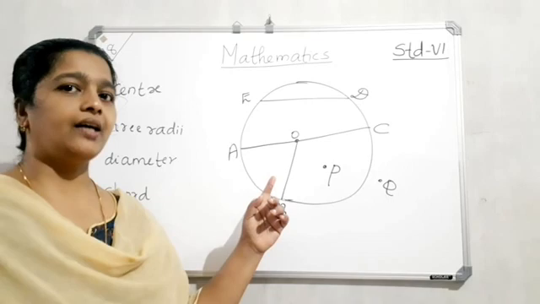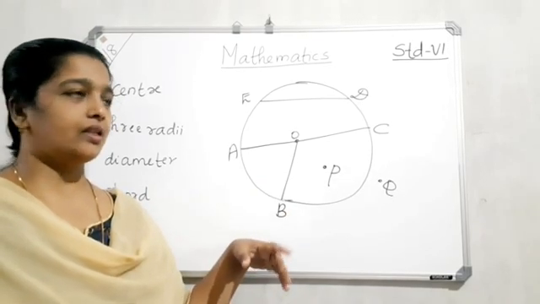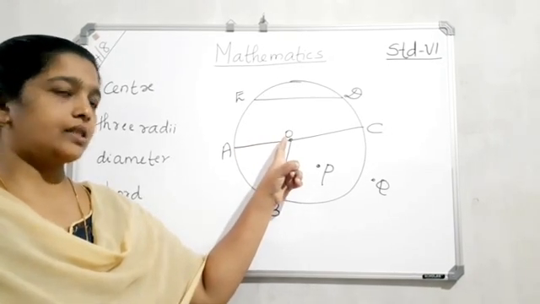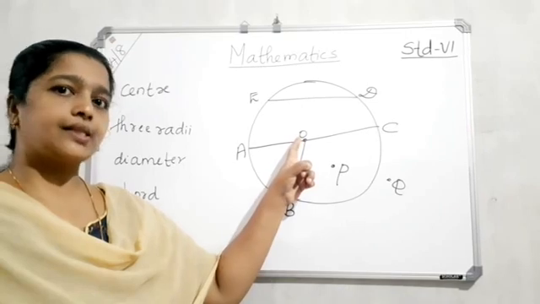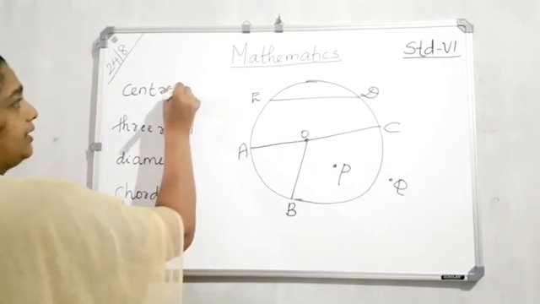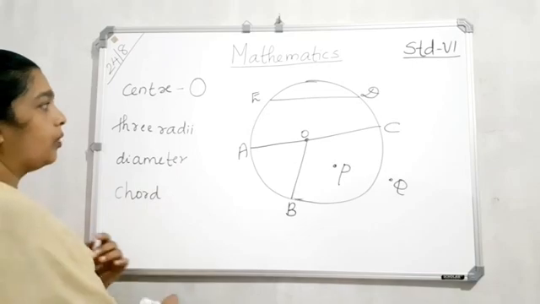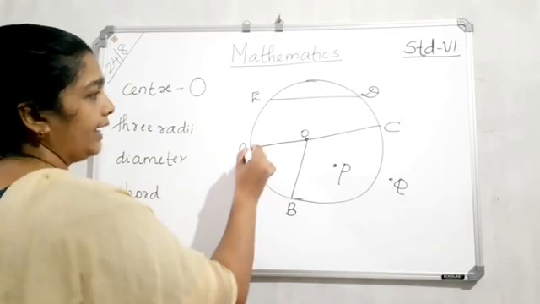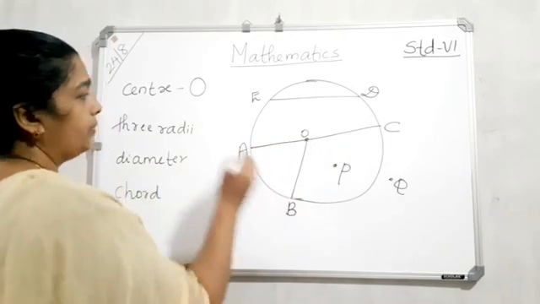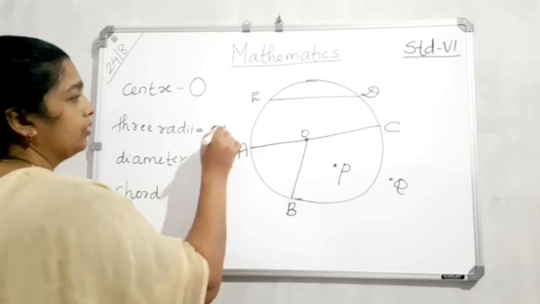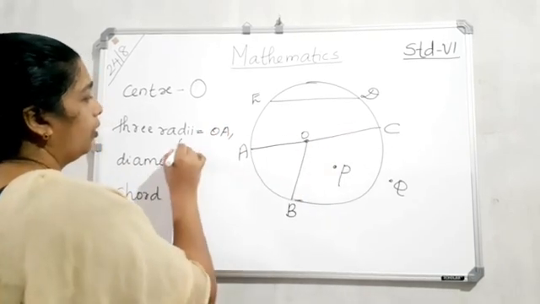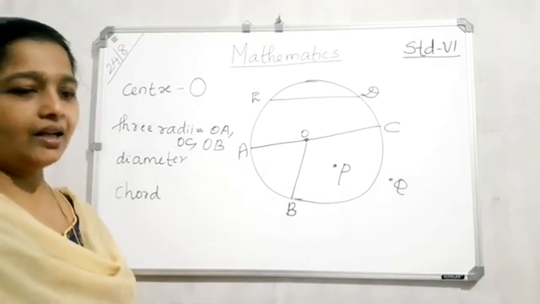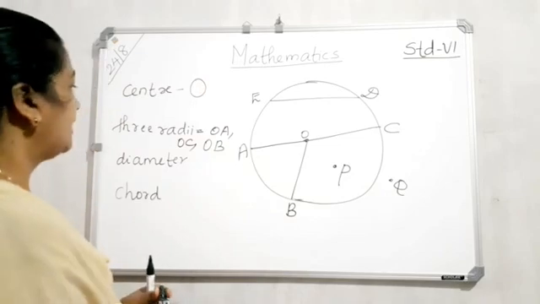From the circle, identify the following. So this is a circle. Listen, this point is known as O. That is known as the center. So the center is point O. Next, 3 radii. That is OA, OC and OB. These are the radii. Understand?